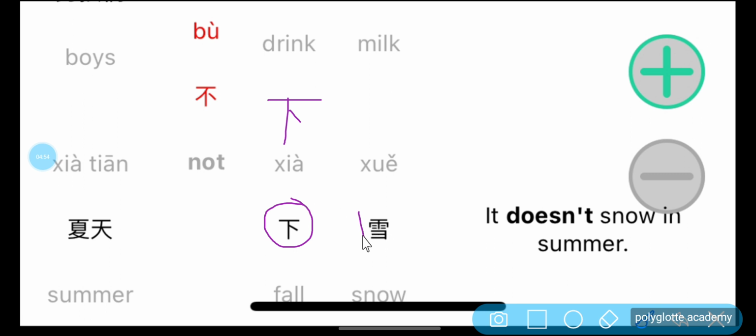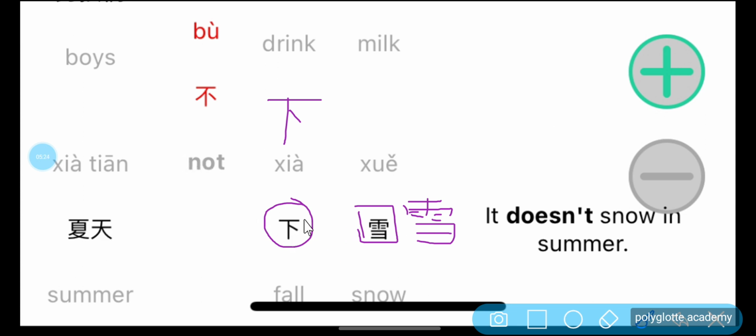Then we have 雪, which is snow. For a demonstration on how to write 雪, 雪 here means snow. So 下雪 means to snow. The whole sentence is: it does not snow in summer. 非常好。夏天不下雪。